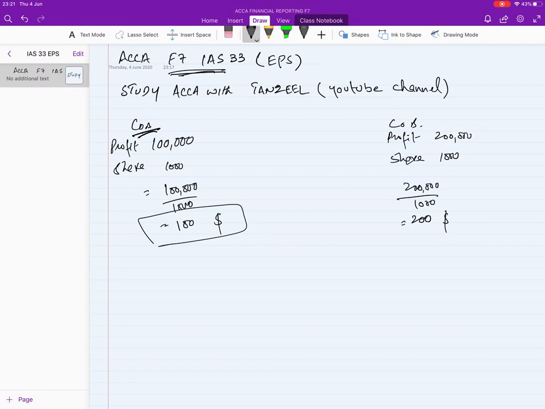If he invests the same amount of money in company B, he will get 200. So the basic concept is he will always focus on shareholder wealth, where he will get more of it. If company B is giving him more profit against one share, he will invest in company B. This is the main